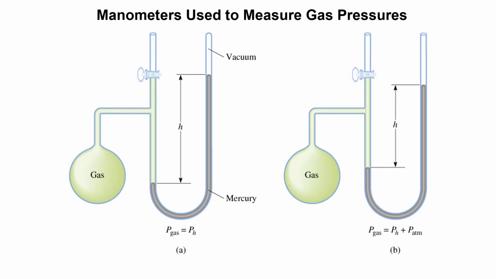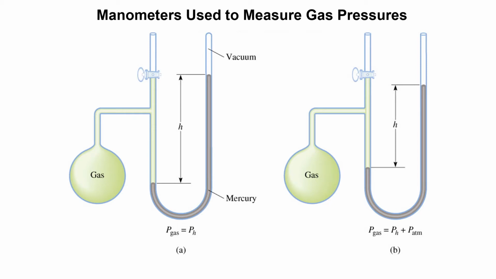So this is an apparatus that is also used to measure pressure of gases other than at atmospheric pressure. So we have 2 different kinds, an open and a closed. The closed is used to measure pressures below or less than atmospheric pressure. So this is the closed manometer. There's a vacuum here. We have a column of mercury, and we have a gas in this